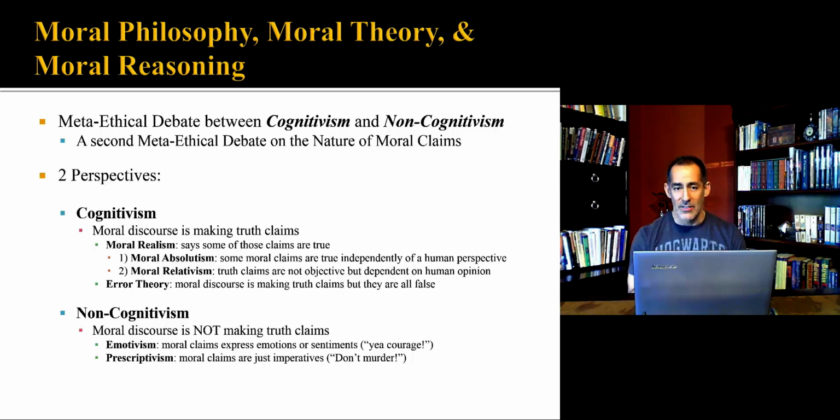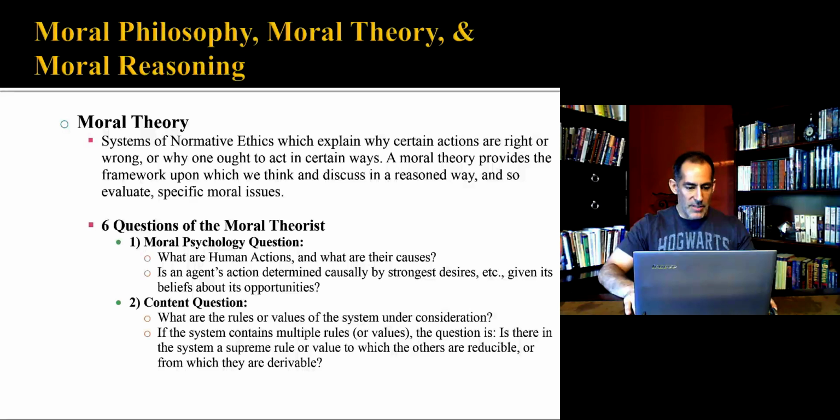The other branch is non-cognitive ethics, or the non-cognitive approach, which believes that moral discourse is not making truth claims at all. Okay, it's what we might call an emotivist approach, that simply says moral claims are simply expressions of our emotions. You know, when you say murder is wrong, you're simply saying, I don't like it. Or prescriptivism, where we're saying that moral claims are just imperatives or commands. There's no truth value to a command. It's simply don't or do. So when I say murder is bad, I'm not making a truth claim. I'm simply saying don't murder. Okay, so those are the two other branches. What's the meaning? Are they true? And so on.